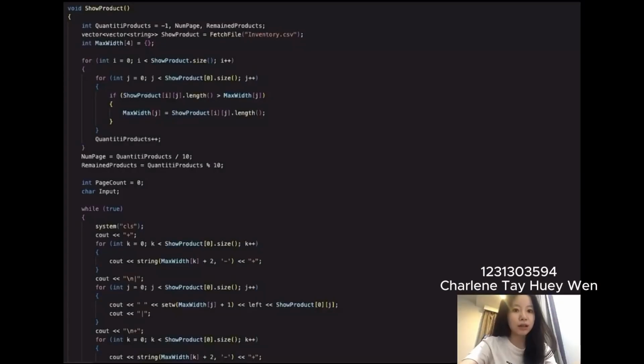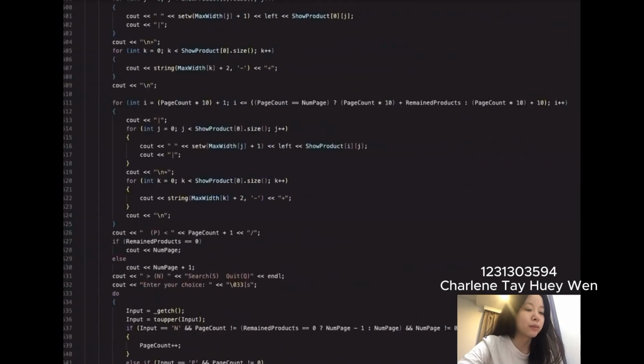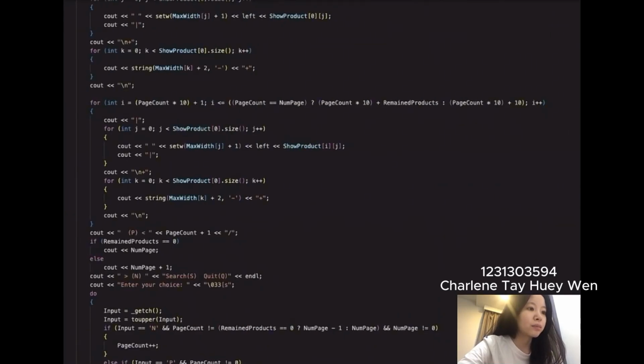My name is Charlene. Now it's my turn to explain the show product part. The function starts by fetching product data from a CSV file using a function called fetchFile. It then calculates the maximum width for each column to ensure proper alignment in the tabular display. The main loop of the function iteratively displays product information in a paginated format, showing up to 10 products per